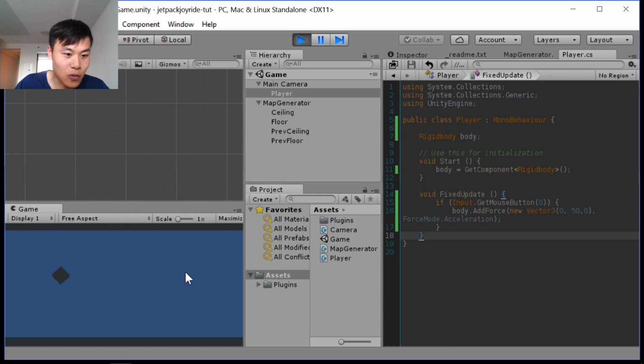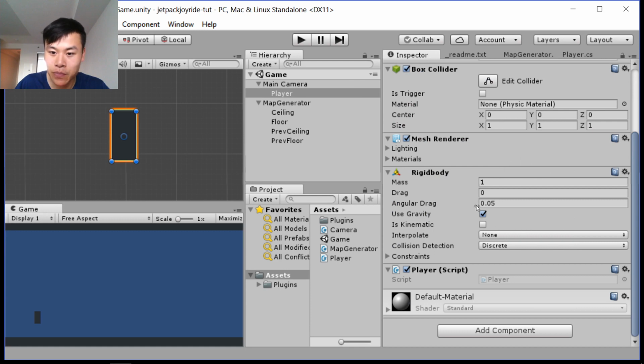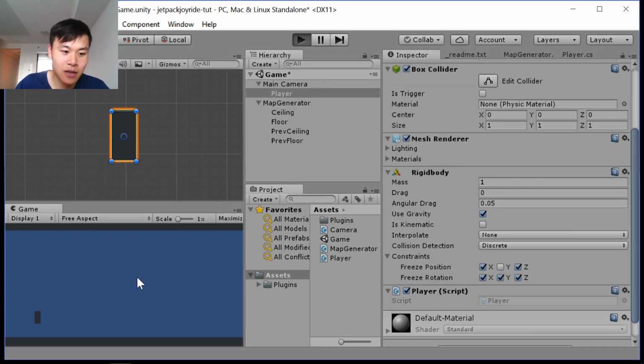So that's pretty cool, but we don't want our guy to be rotating and all that. So how do we fix that? Well, constraints. We only care about the y position for this physics. That's better. Now, if you try this out yourself, you'll still realize that there's something wrong with it, and that's